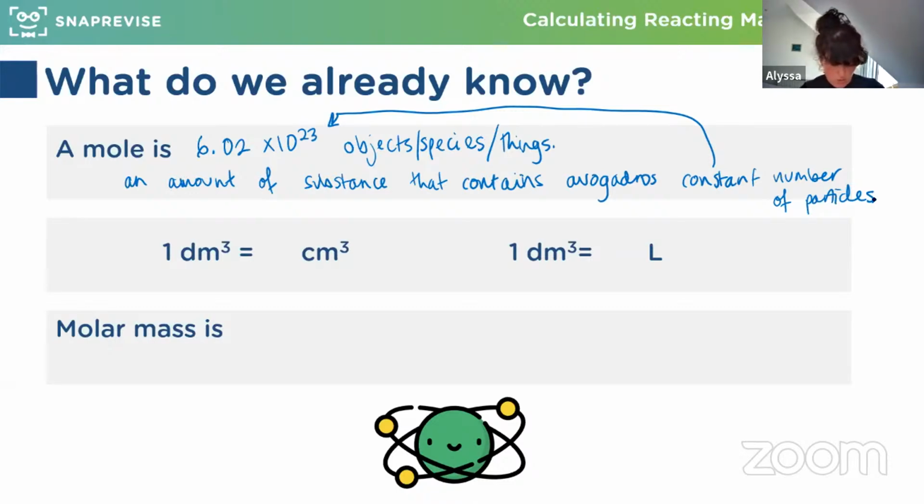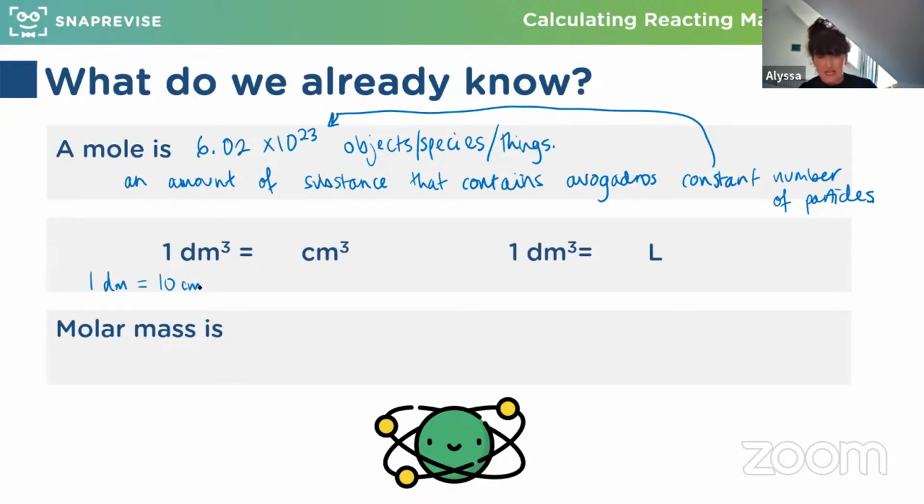How do we convert 1 decimeter cubed into centimeters cubed? How many centimeters cubed are 1 decimeter cubed? What's the conversion? And if we're not sure, think about what those terms mean. Deci meaning 10, so a decimeter, a tenth of a meter. So 1 decimeter, 1/10 of a meter, in centimeters must be 10 centimeters.